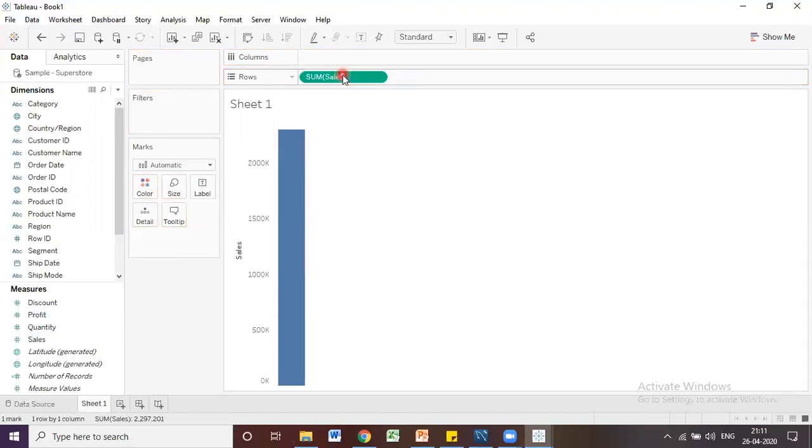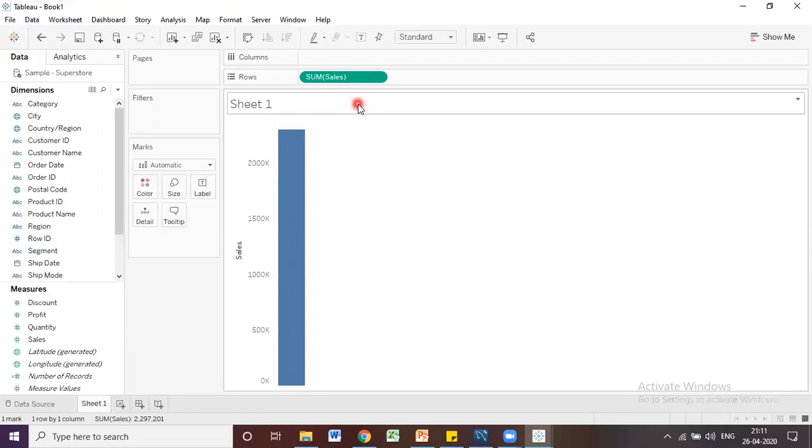Whenever you drag any measure, meaning any green field, into your visualization, it will create one axis. This is called a continuous field. Discrete fields will not generate the axis, they will generate the column headings or row headings. But if you drag any continuous field, it will generate the axis. So this is the difference between continuous and discrete.